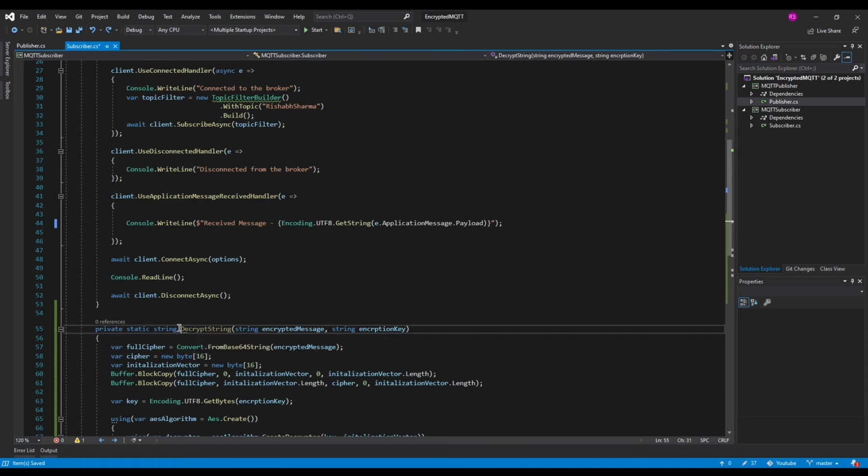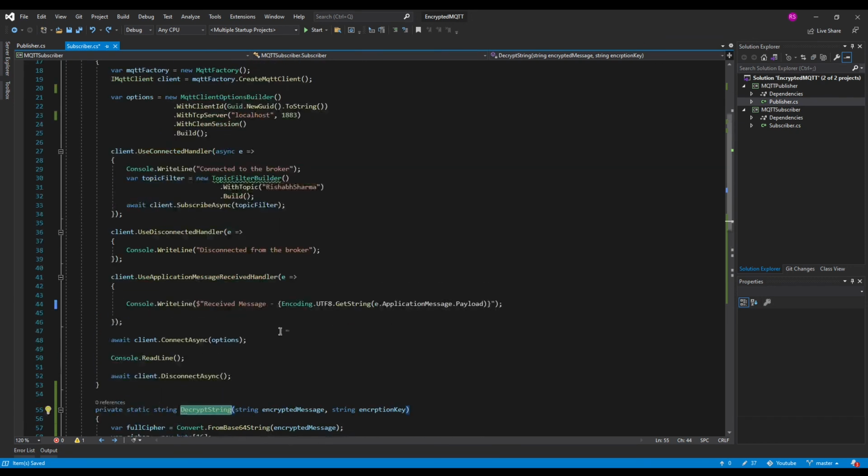Once we get the decrypted string back from this method, we will print it out in the console. So whenever we are trying to print the message which we have received, in this particular case, we will receive an encrypted message.